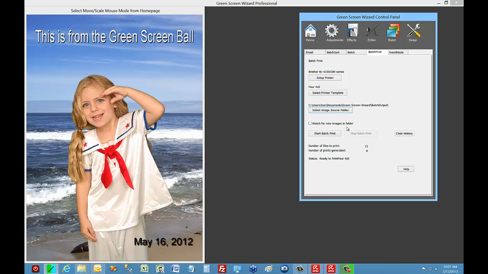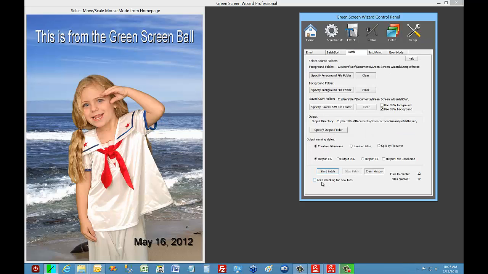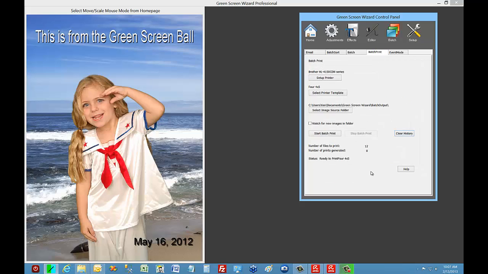And now if we click clear history, and click start print, it'll start to print. And when it prints 12 files, it'll stop. Okay? But if we click this watch for new images in folder, it will not stop after the 12 are printed. It'll keep looking for more prints to do. So if we set the batch to keep checking for new files, and we set the batch print to keep checking for new files, and we have the